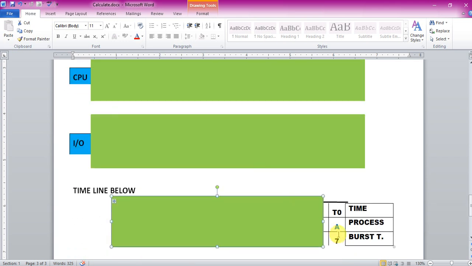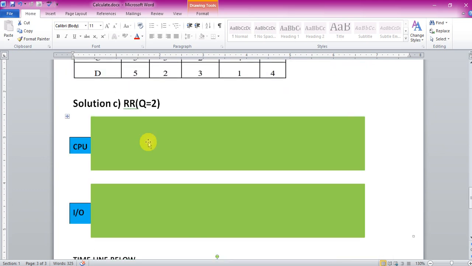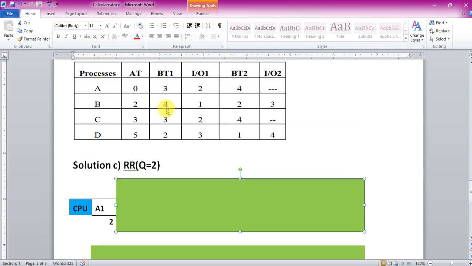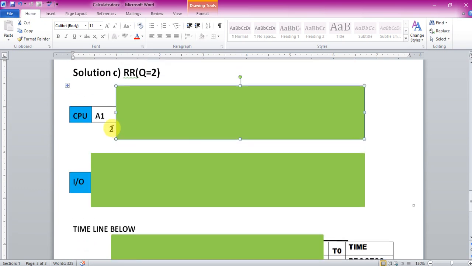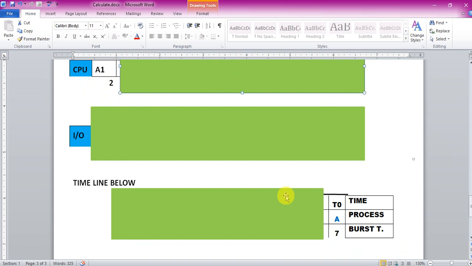So initially, only A is there, so A takes the first chance. A needs a total of 7 units of time, but the allowed unit is only 2. So A gets 2 units of CPU time. A requires 3 units but cannot complete all 3. So after 2 units, A is removed from the system because of timeout, and transitions from the CPU to the ready queue. That is one of the transitions that we know about. So after 2 units of execution,